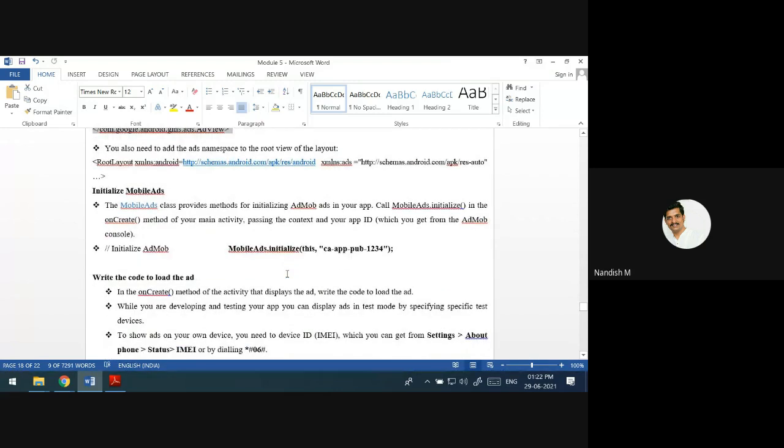As I said, you are going to initialize. In order to initialize the mobile ads, there is a function called MobileAds.initialize. Then you have to pass some ID which you are going to get. This is one example of the app ID that you are going to get. I said an app gets an AdMob ID, some number. This is one sample. In this class itself, in this screen itself, if you add this much, that is going to initialize AdMob in your app.